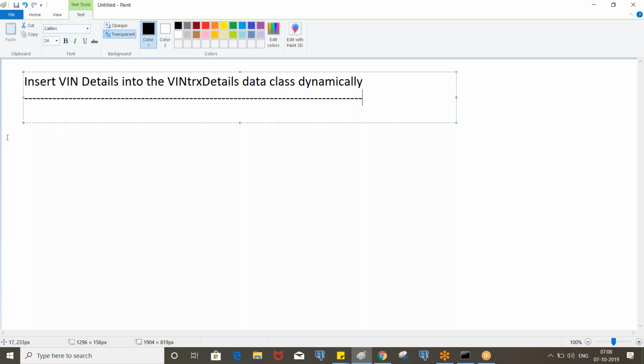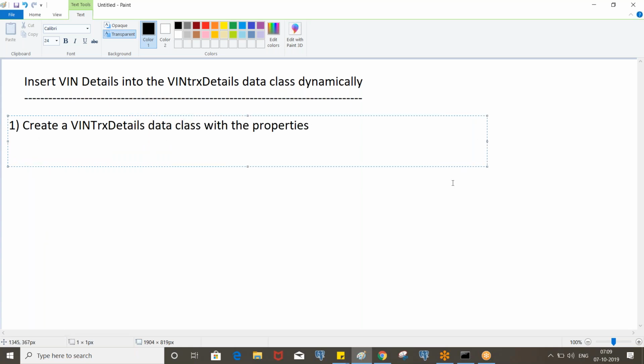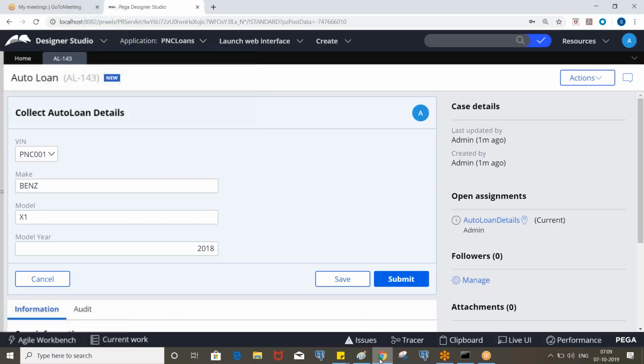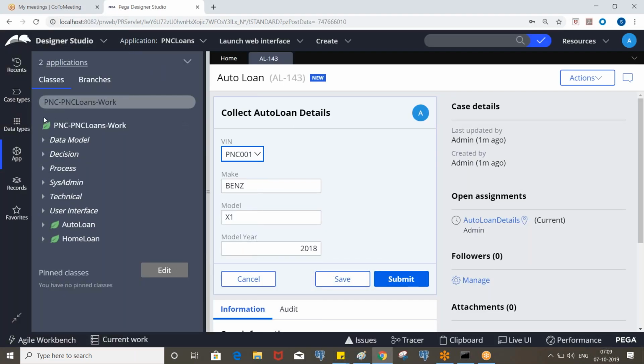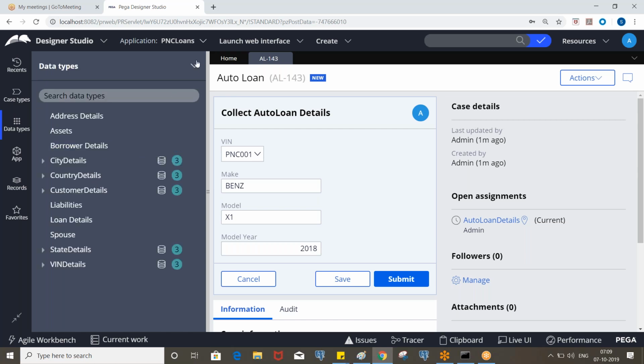Okay, step one, let's create a data class, create a VIN transaction details data class, and add the properties with data types.